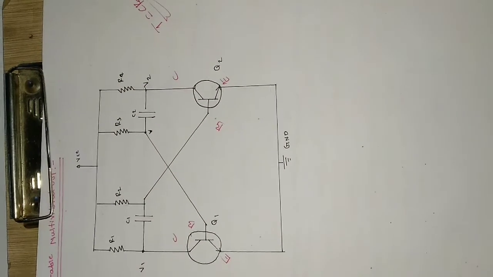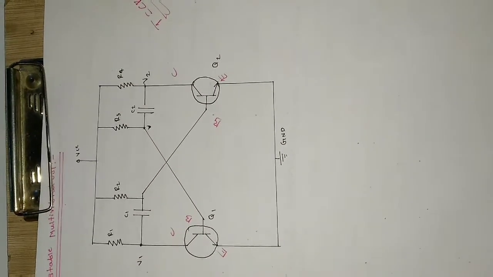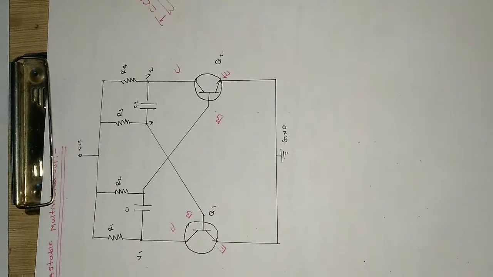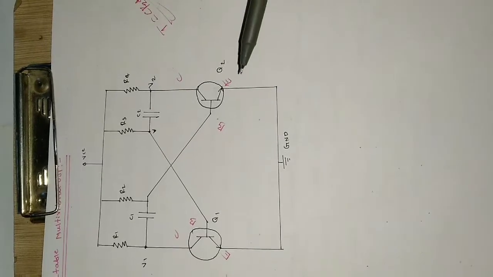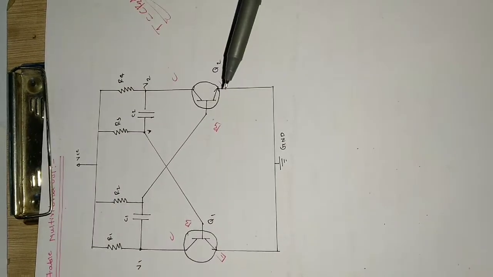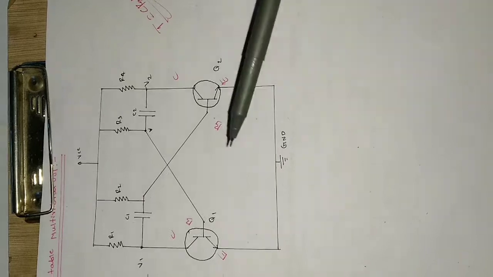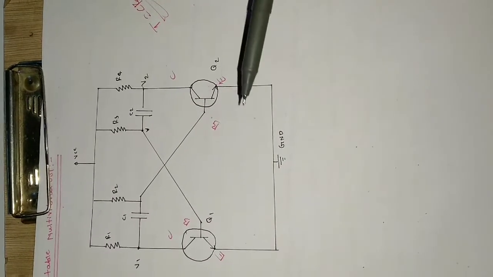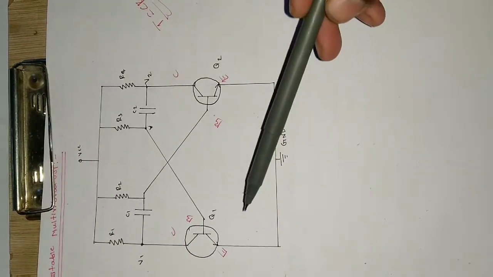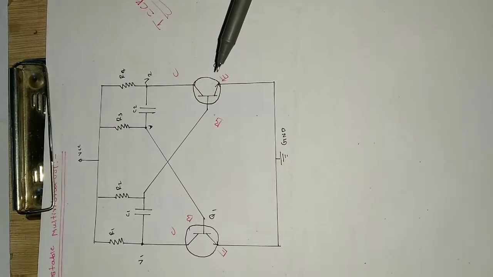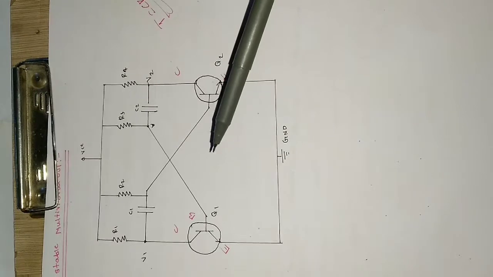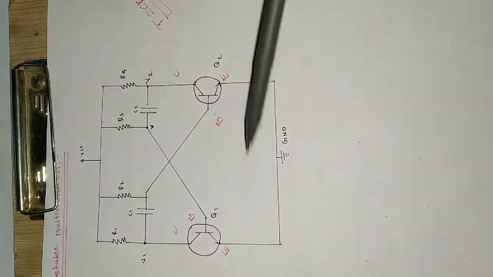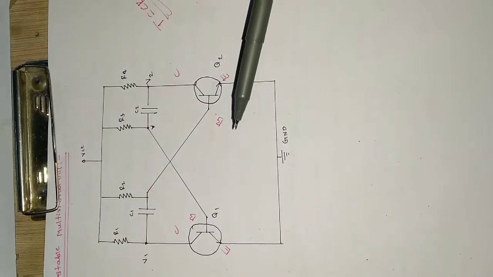Okay, so how does this work? How will it have no stable state? Let us try to see. First, please note that both the transistors should not be on at a time. These two transistors are not going to activate at the same time. First either Q1 will be on or Q2 will be on. Depending on the doping level and electrical constants, either of these will activate first.